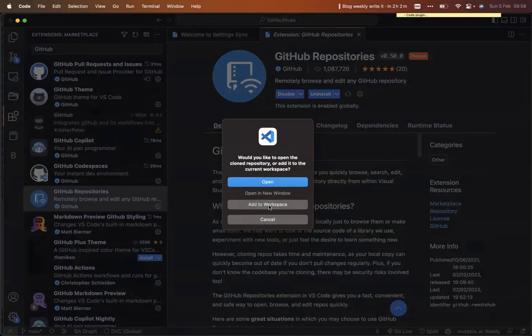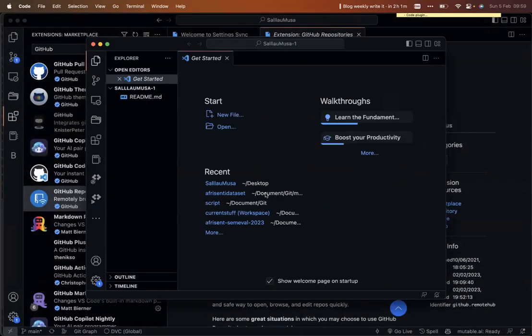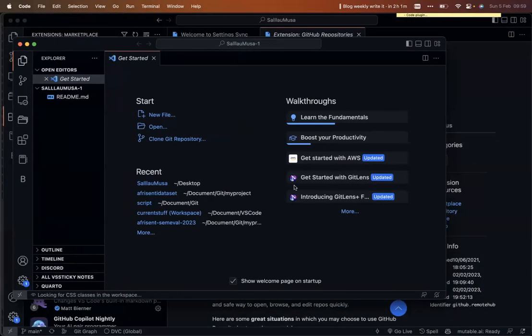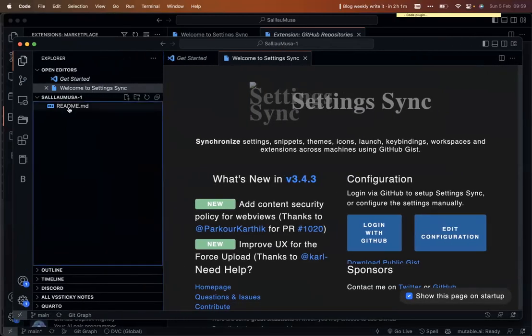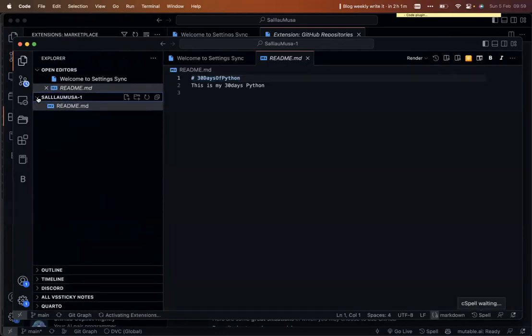You can add it to an existing workspace. When I add it to an existing workspace, it will add it to your existing VSCode that you have open and stack it. I will show you in a bit, but just let's click here, open in a new window. Okay, open in a new window. So you can see now it opens in a new window. Can you see this one, right? So if it opens in a new window, then